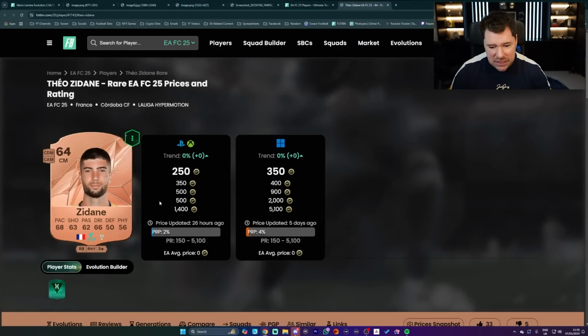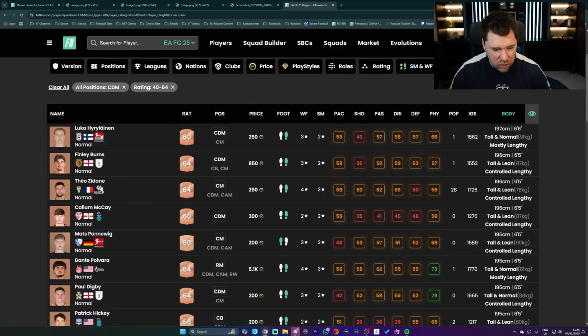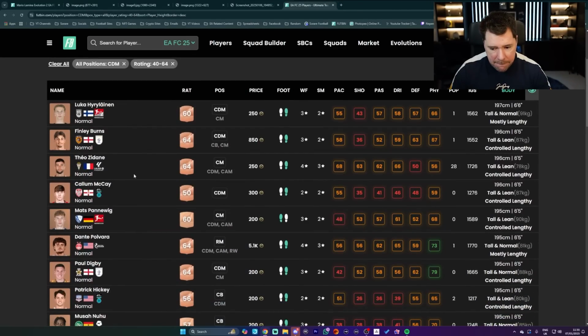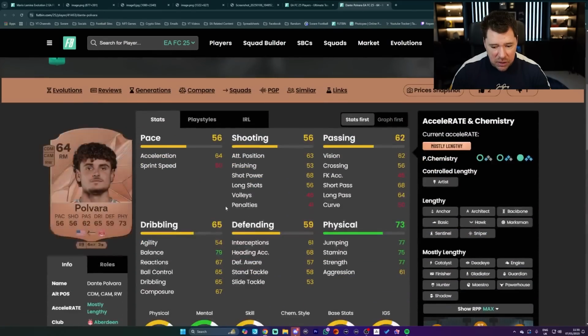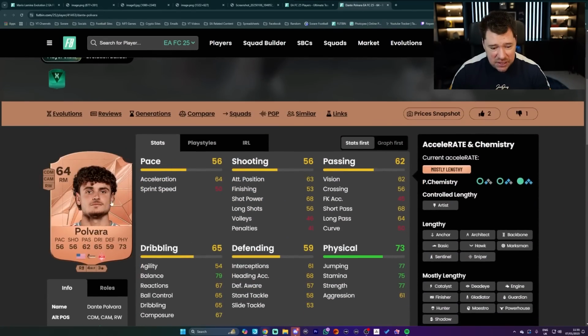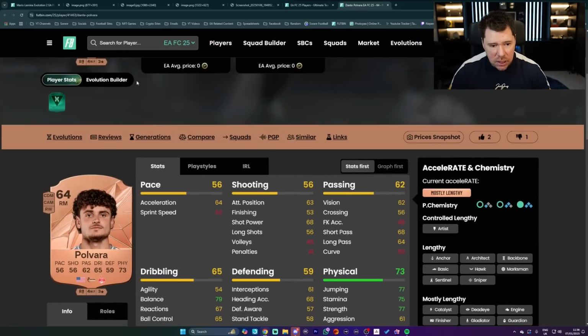How well-rounded are his stats? He's got really low defensive awareness, so it wouldn't be good for him. This is more of an attacking player than a defensive player, so he wouldn't be very good for it. We've got not really well-rounded stats there. These are pretty well-rounded stats for Dante Olvara, but he's a right mid, and he's 5k, which is probably why he's so expensive, because he's probably really good for an Evo like this. 64 rated, 4-star, 3-star. Doesn't have any roles,